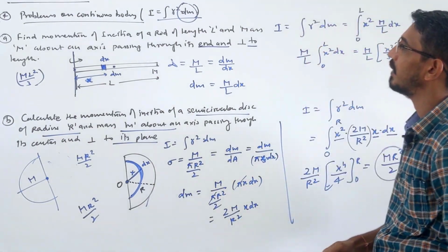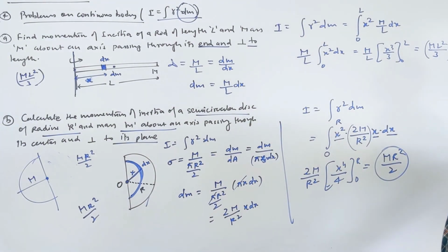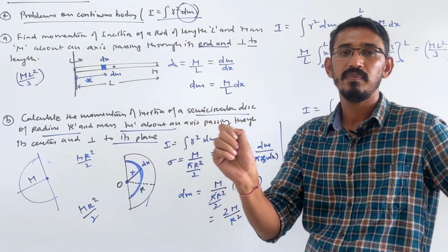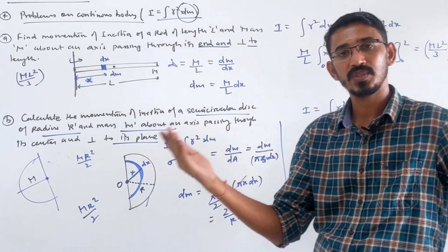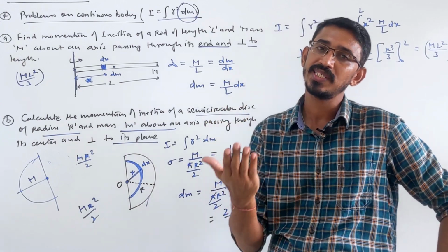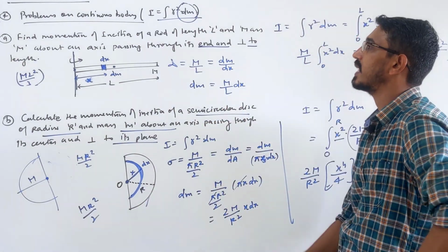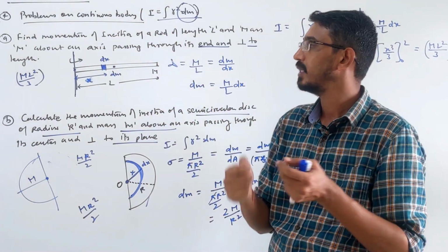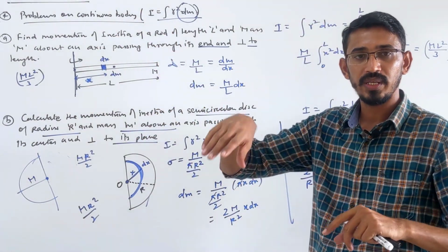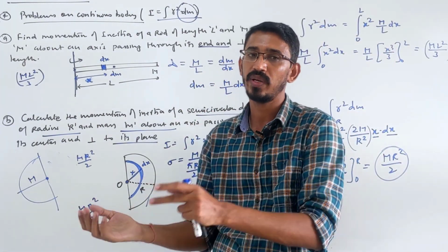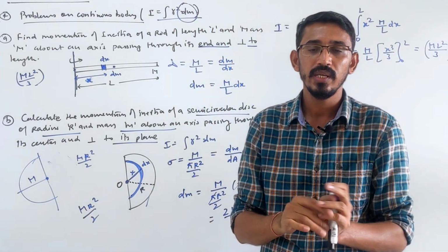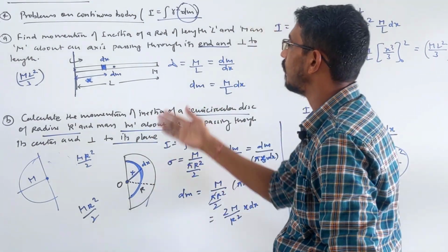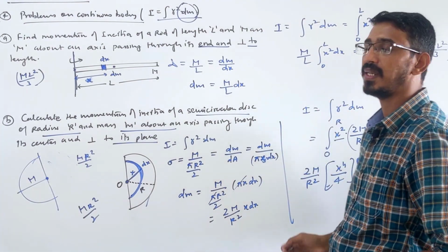So these are all the questions we have done on the first topic, finding just inertia alone. There are four types of questions. For a point mass it is directly the formula mr square, and for multiple masses you have to add them: m1 r1 square plus m2 r2 square. Inertia is a scalar quantity, not a vector. The second type is regular, uniform bodies; I have discussed 9 bodies and their combinations. The third type is where a part of a body is cut and removed and we have to find the inertia: you find the inertia of the complete body and of the removed part, then subtract them, which gives the inertia of the remaining part. And the fourth type is continuous bodies, where you have to do integration.